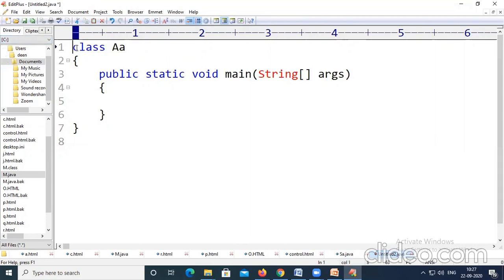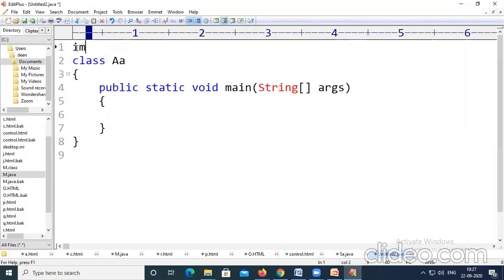Before going to declare the variables, here I want to take the variables during the runtime of the program. So we have to import a package called java.util.*. The people who don't understand why we are using this statement, please watch the previous session, yesterday's session. There I have explained what is the use of this util package. This util package contains a class called Scanner class, and by using the Scanner class we are going to take the inputs from the keyboard during the runtime of a Java program, right?